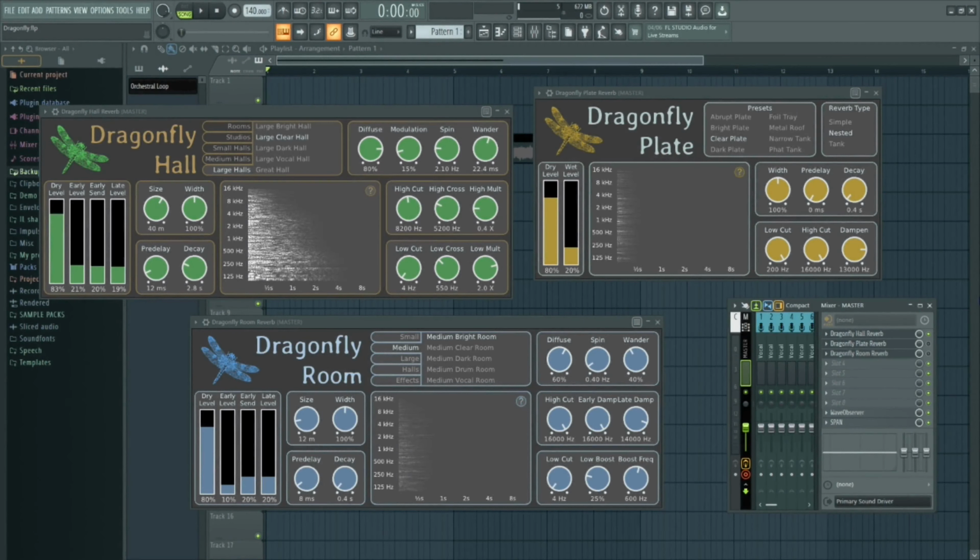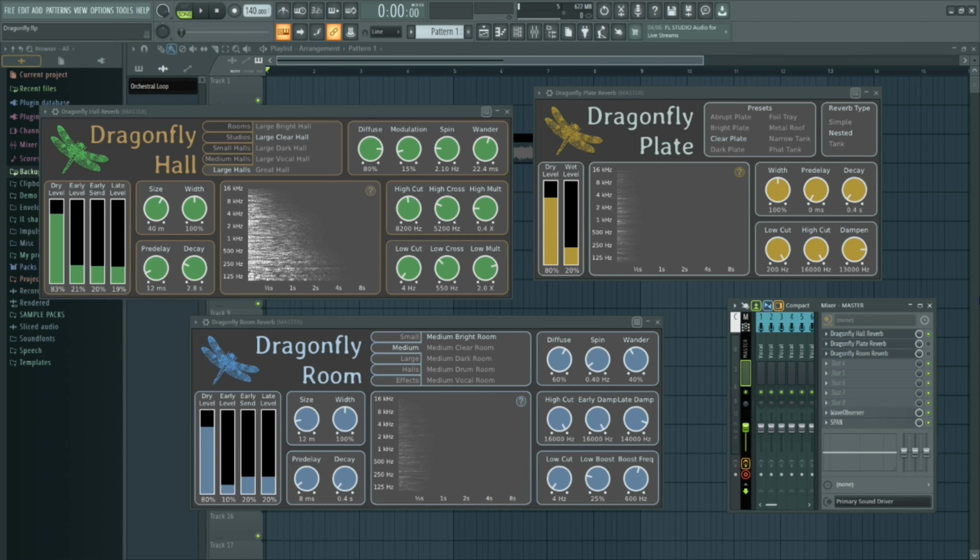Up next, we don't just have one reverb plugin, but we have three of them. And this is the Dragonfly Reverb plugin by Michael Willis.